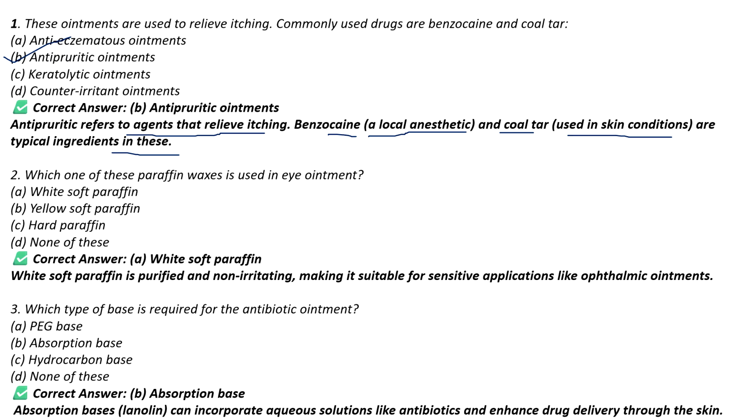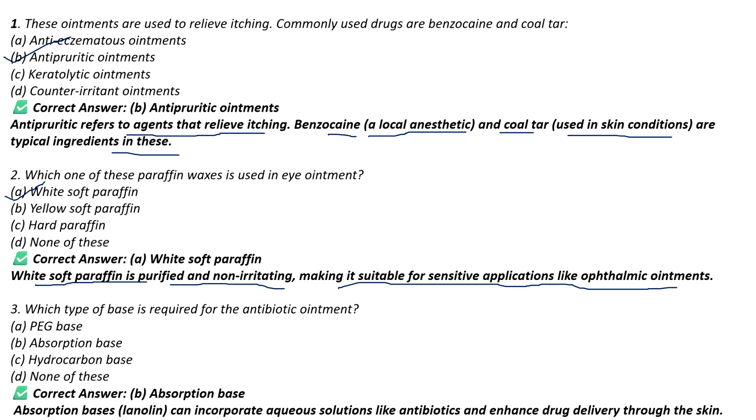Moving on to the next question: which one of these paraffin waxes is used in eye ointments? The options are white soft paraffin, yellow soft paraffin, hard paraffin, or none of these. White soft paraffin is purified and non-irritating, making it suitable for sensitive applications like ophthalmic ointments. So we can say option A, that is white soft paraffin, is the paraffin that is used in